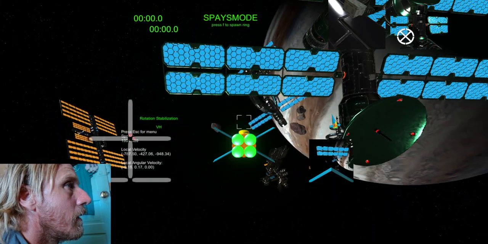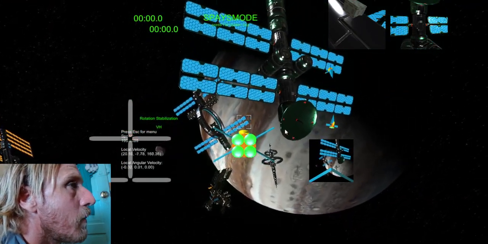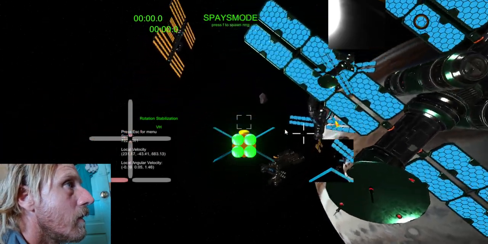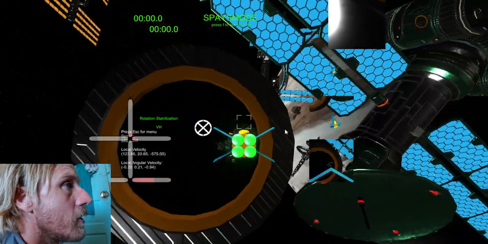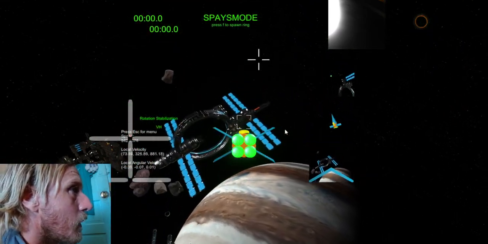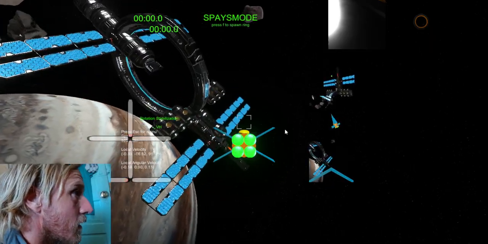And then when you're going to fly around, you might put one of these really big hoops over here at this space station, and maybe you're going to fly around it, so you put another one over here, and then you want another hoop way over here at this other space station,